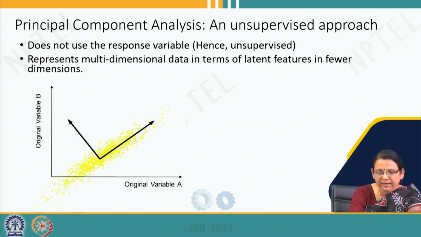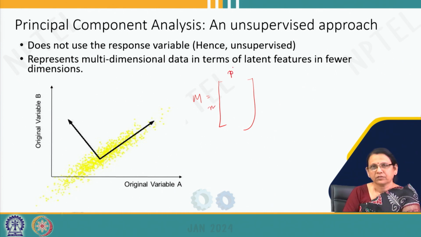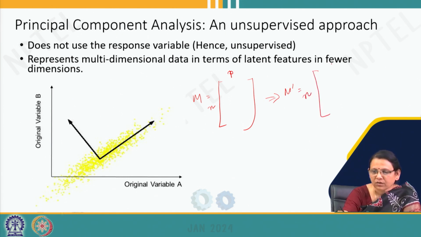We had some data matrix M with n objects and p features, and we transformed it to a new matrix, say M dash, with n observations, but some r features, where r was less than p,